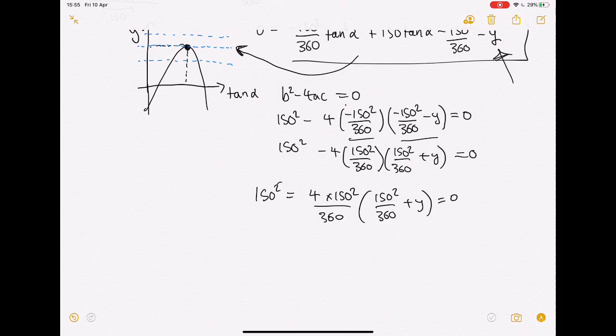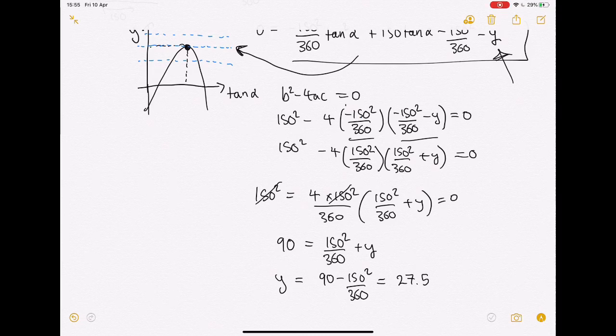Well, we can cancel a factor of 150 squared, multiply by 360 and divide by 4. Well, that is 90. So 90 equals 150 squared over 360 plus y. So y is 90 subtract 150 squared over 360, which is